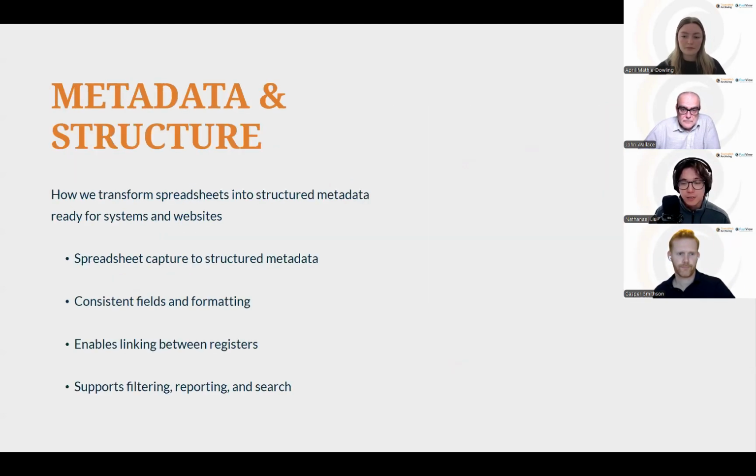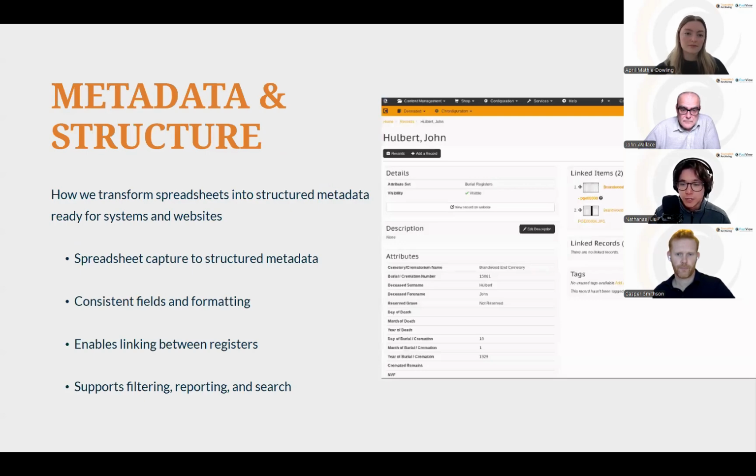So next slide. So once all this is transcribed and ready to use, then we will structure this and get them ready for metadata use for PassView. So the spreadsheet will be complete, and then we'll make sure all the formatting in the fields are consistent. And this will enable us to really quickly and cleanly put this into PassView and to share this, being ready to be shared publicly.